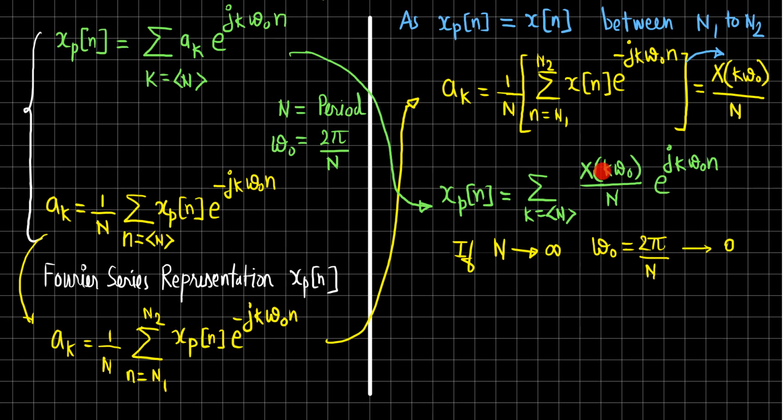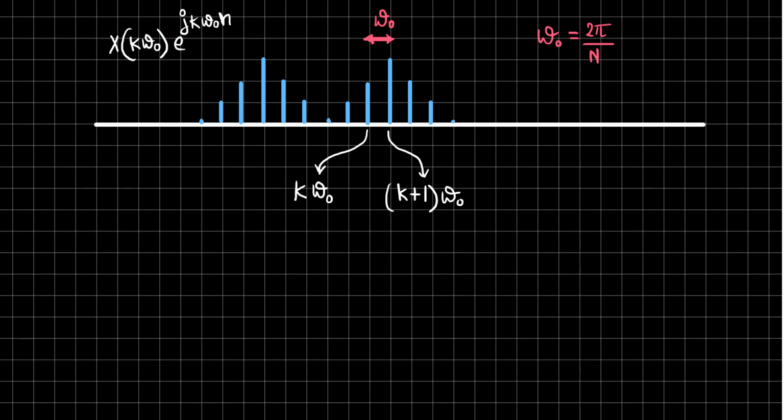Let's try to draw this expression here, capital X of k omega naught e power j k omega naught n. So you may consider this to be something like a discrete time signal that is a function of k omega naught. If we try to visualize this expression, it would be something like this. We have that this capital X of k omega naught times e power j k omega naught n turns out to be something like a discrete time signal